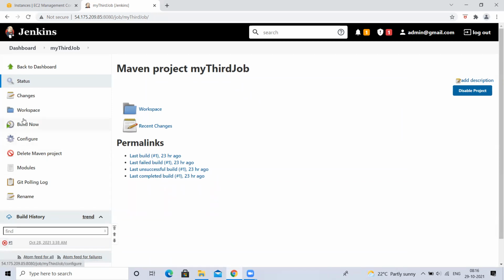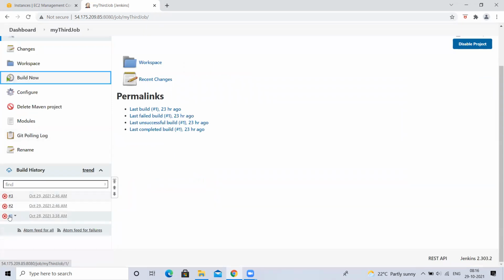Now let me build once again, and show two or three times here. So three times it shows. I clicked Build Now two more times, so the total is three. Now if I click Build Now 100 times, how many will it show here? 100. I don't want to list all 100 here.